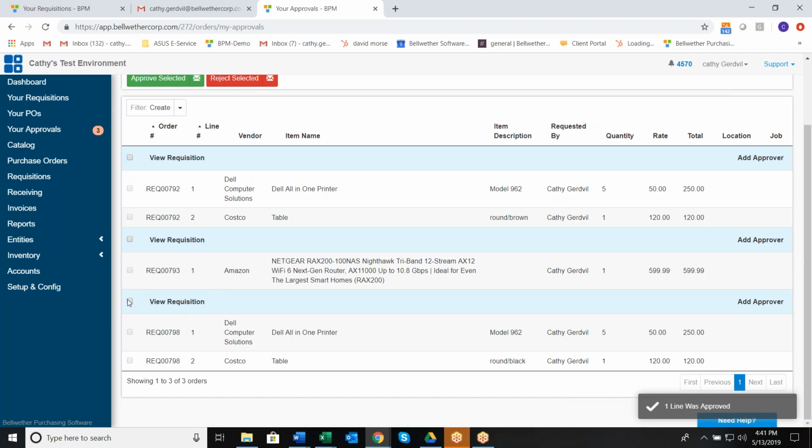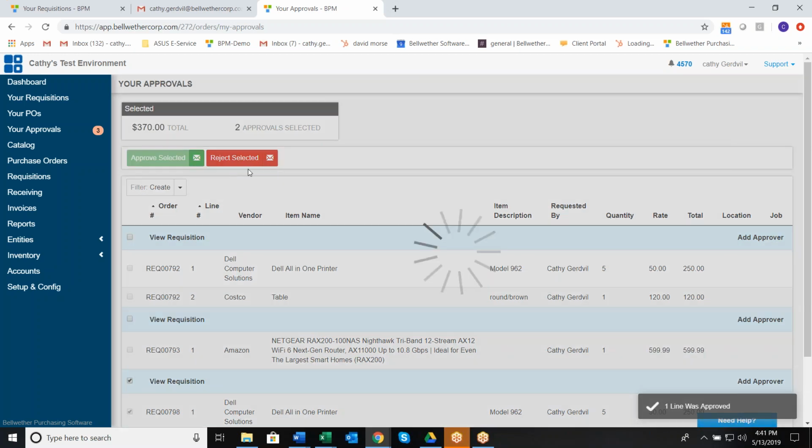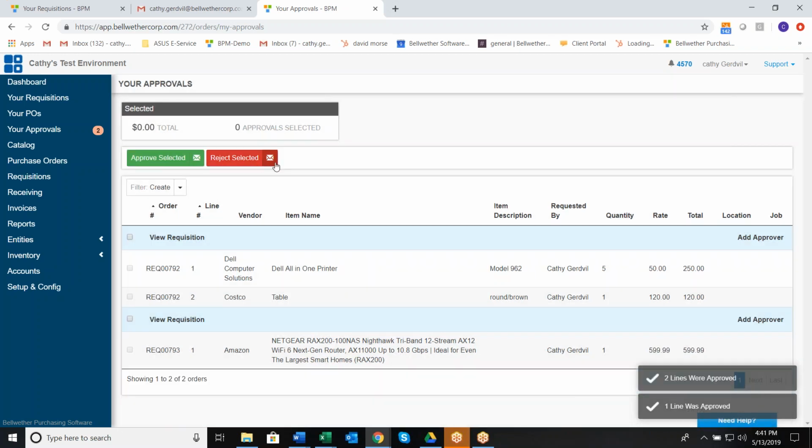And I'm going to go ahead and approve this one. Again, you could open it up, or if the line item detail is good enough, you can just go ahead and approve. Anything rejected can be sent back with notes. So once my requisition is approved, whoever's going to be placing the order will get a notification, and then they